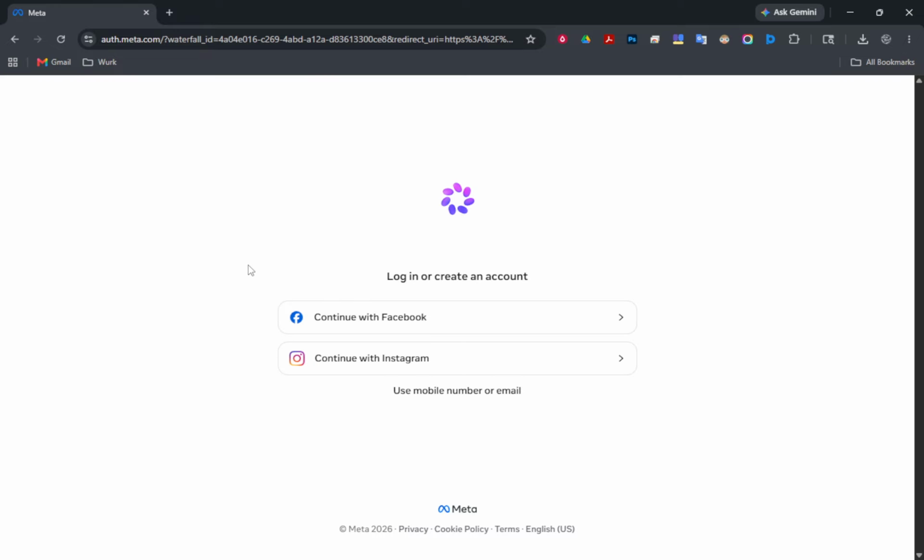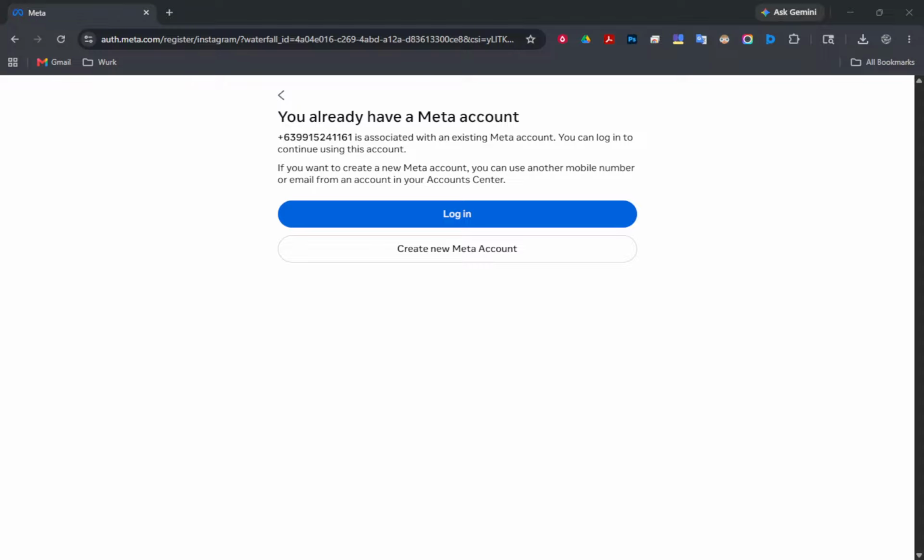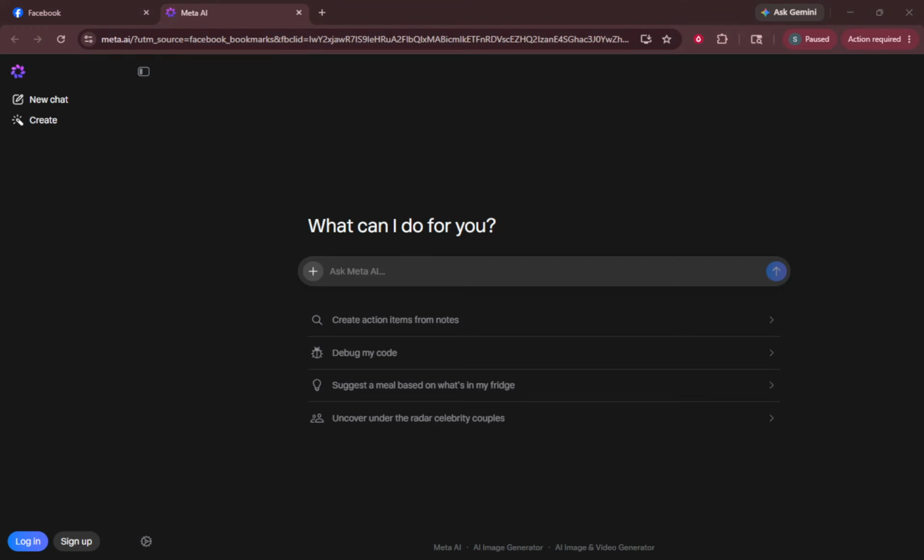Once you're in, you can start chatting immediately. There's no extra registration, no waiting period, and no payment screen. Type a question, try a prompt, or explore suggested topics right from the chat window. This works well on desktop, and it's fine on mobile browsers too if you prefer not to switch apps.